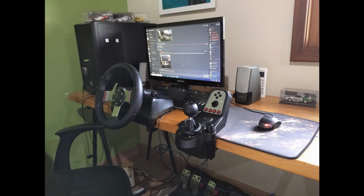The next setup is once more a very simple sim racing setup, just using a Logitech wheel on a desk. In this case, it's just a Logitech G27, the shifter and the pedals on the ground, which are basically against the wall to avoid the wheel from going around left and right, front and back. Morris hasn't really provided us any information regarding his setup, but you can see that it's a setup that a lot of people use, with the computer up top on the desk, a very small screen, maybe a 21 to 24 inch just in front, an office chair, and behind the office chair to avoid the office chair moving